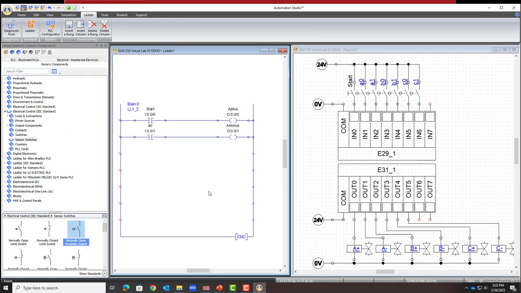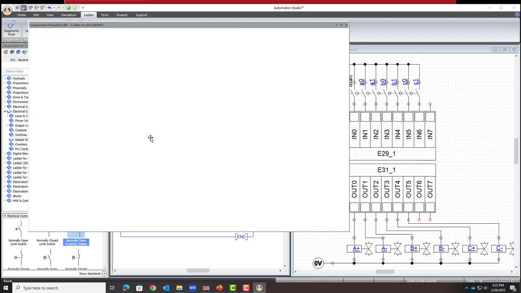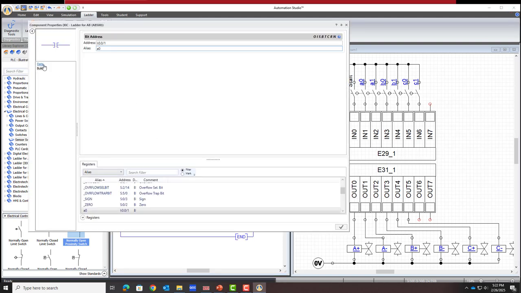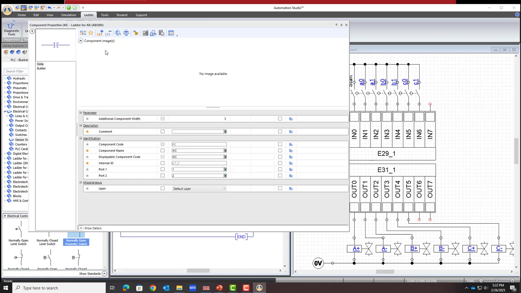So now I'm going to build the ladder program. I've got the start button connected to A plus, so when the start is pressed, it should make the A cylinder extend. Now this I have to change because I want the A1 sensor, that's the extend sensor, to trigger B plus. So I'm going to change both of these. So I double click this. It might come up looking like this. That's the data. So you have to select builder,